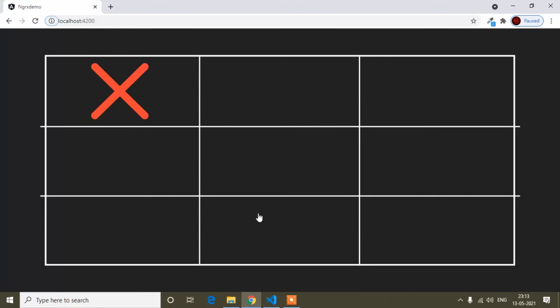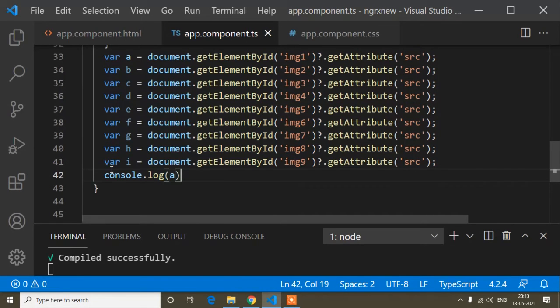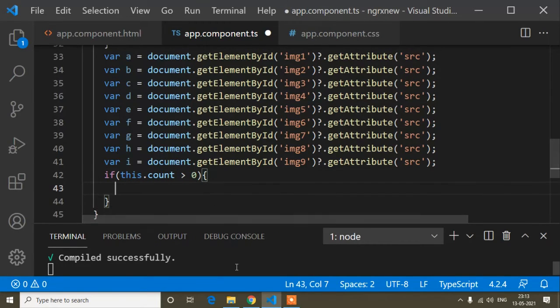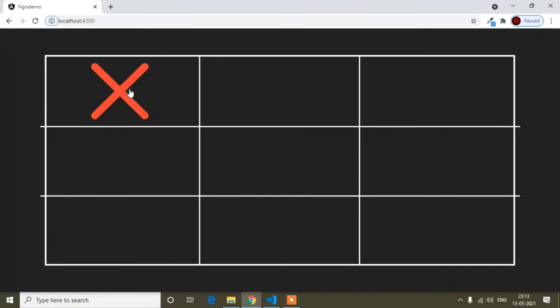So guys, here I will write a condition, that is if, and here first of all this dot count is greater than 0. Why have I written this condition first? Because when anything is matched, the user will have clicked, and when the user clicks, the count will be more than 0. I hope you understand.